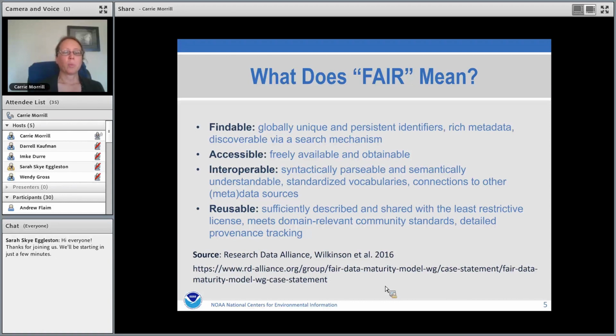Accessibility is about being freely available and obtainable. And of course, this is a key tenet of the World Data System. Interoperability means the data are syntactically parsable and semantically understandable. Basically, another way of saying that computers can act upon the data and metadata. Standardized vocabularies are an important part of this, enabling us to compare apples to apples. And also having connections to other data and metadata sources, building webs and linkages across different data sources